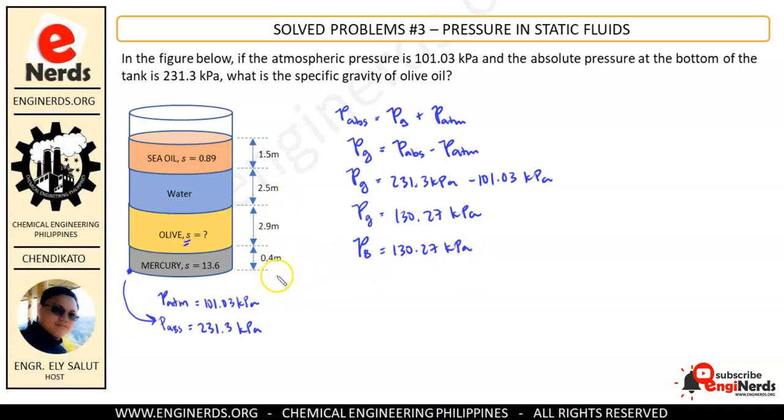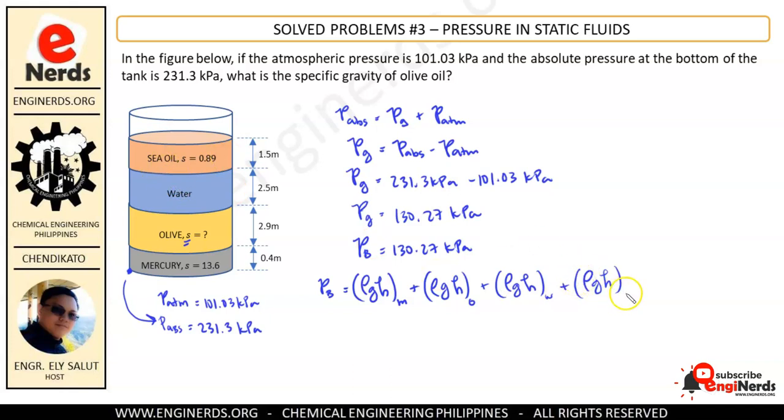And we know that this is a result ng lahat ng fluid na nasa itaas ng ating bottom, no? So therefore, in order to get this pressure, kailangan i-add natin lahat ng involved na fluid dito. So that means the pressure at the bottom is actually equal to the density, acceleration due to gravity, and height of our mercury plus density, acceleration due to gravity, and height of our olive plus density, acceleration due to gravity, and height of our water plus the density, acceleration due to gravity, and height